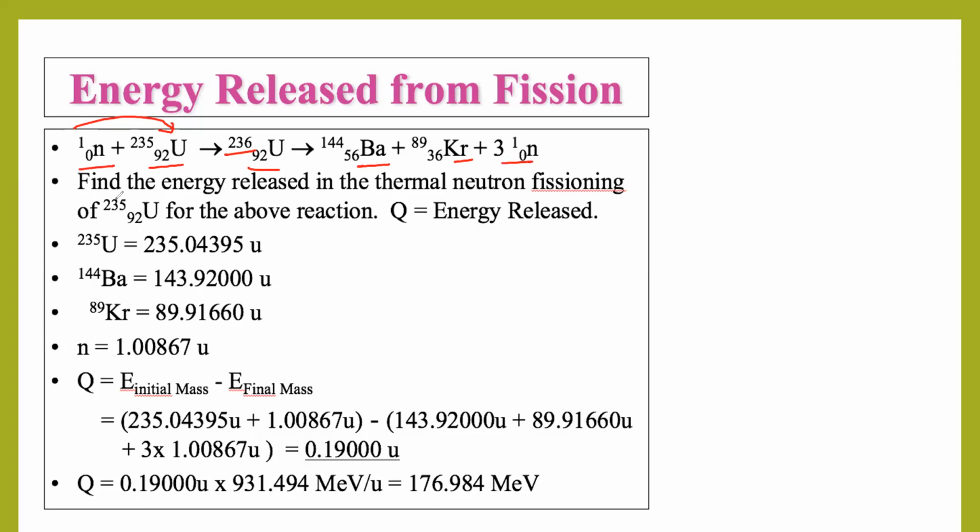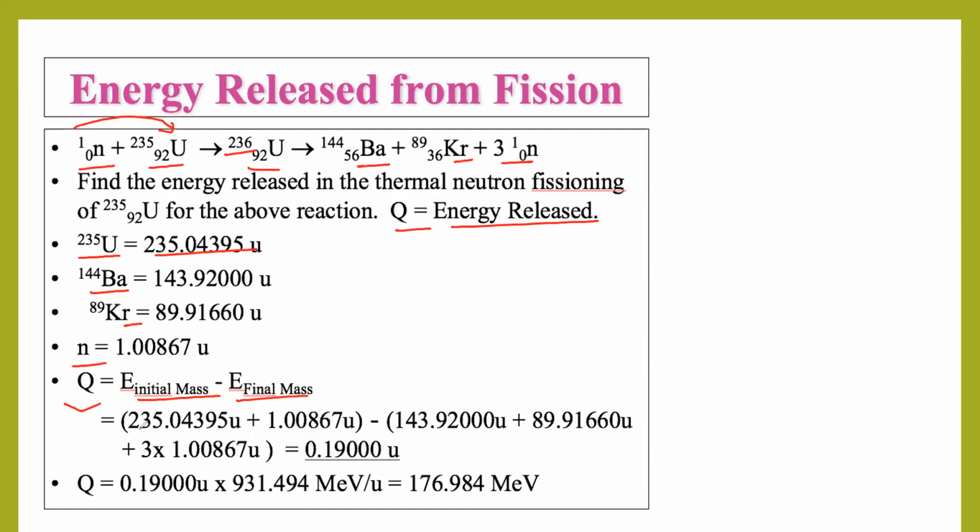nuclear fission reactions. Now we have to find the energy release, or Q. Q is the energy release. So the mass of uranium-235 is 235.04395 unit. Barium mass this, krypton mass this, neutron mass this. Okay. Now we have to calculate the Q, and Q can be calculated like this: initial mass minus